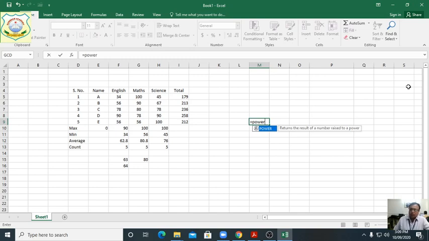So always when you are writing any function, start from the equal sign. Bracket, suppose 3 comma 2. 3 power 2 means you write 3 multiplied 2 times, 3 square. 3 multiply 3 is 9. See here, 9 will come. What we have written, you can see in the formula bar.